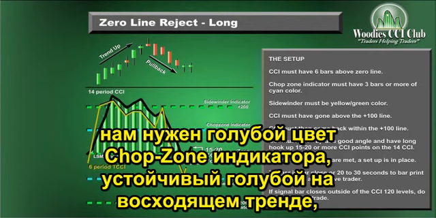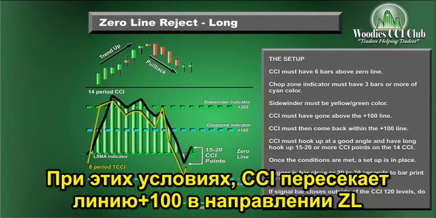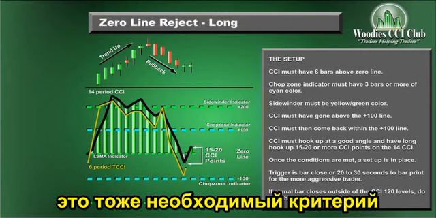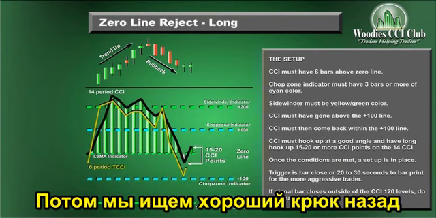We have to have our color-coded chop zone indicator, a solid blue on an uptrend, and yellow or green on the sidewinder. And once we have that and we've been above the plus 100 line, which is a criteria, once we're above that 100 line and then we pull back inside the 100 line,